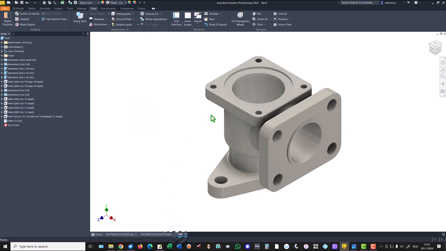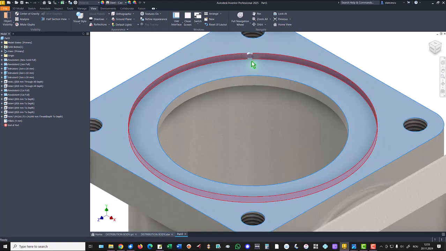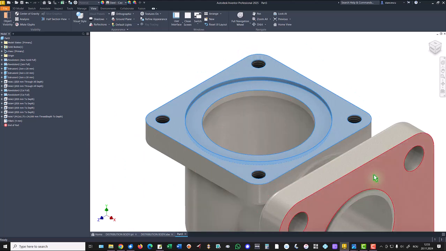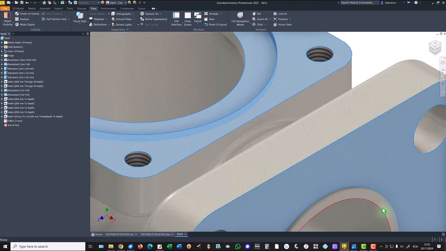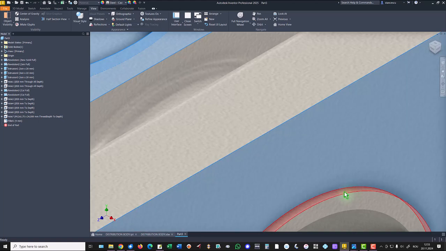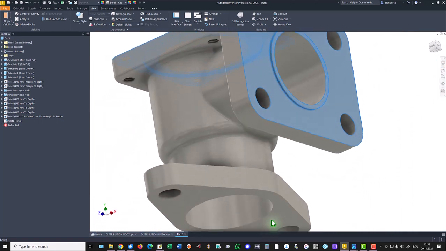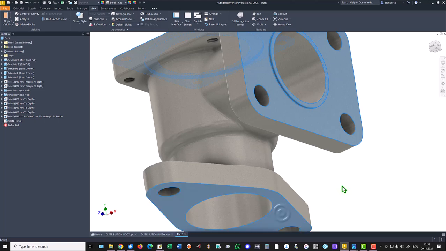Let me apply some new aspects. I keep press the left button to select faces, not left button but shift key on the keyboard,